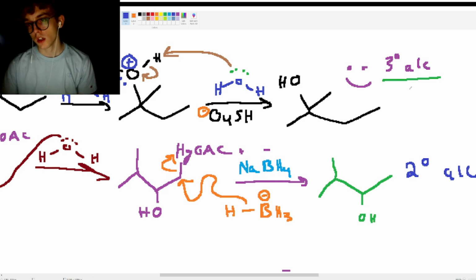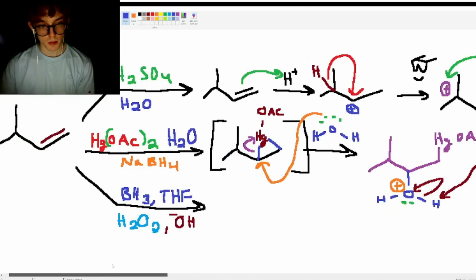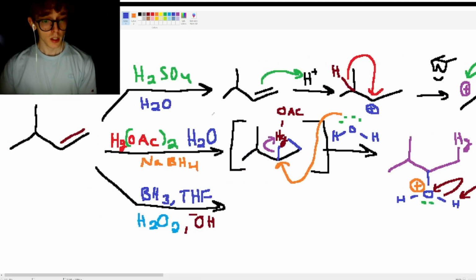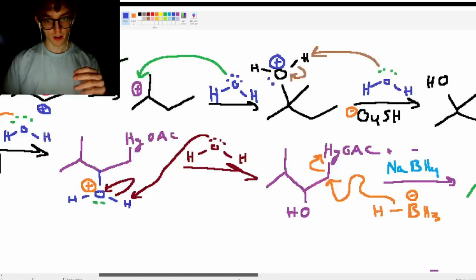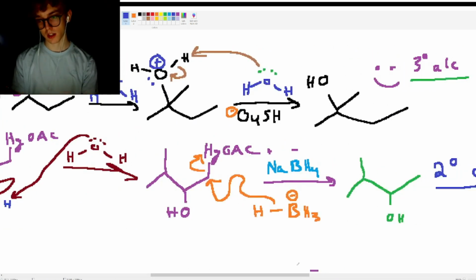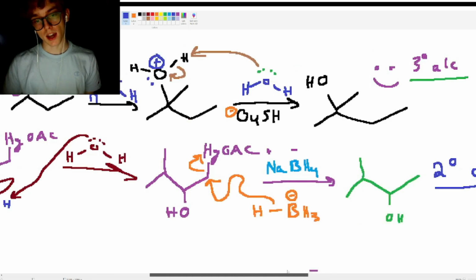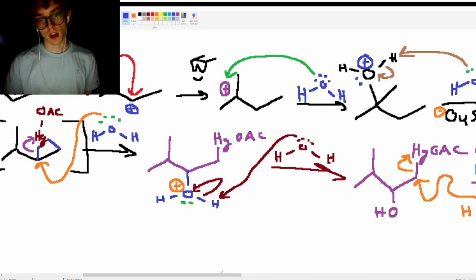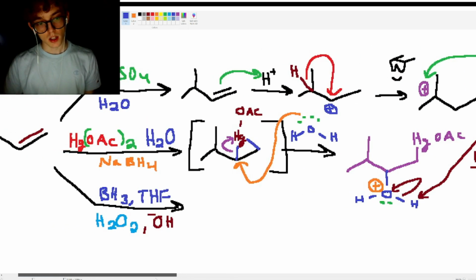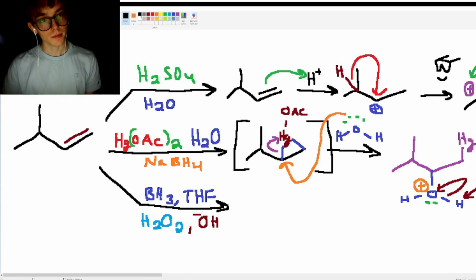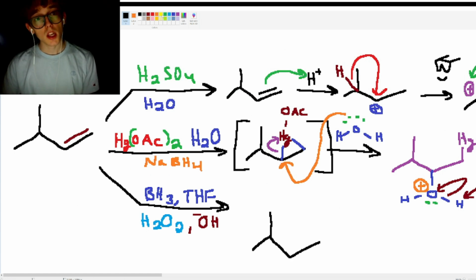So we saw a tertiary one here, a secondary one here. And as you might be able to guess, or maybe you remember, which would be amazing, we're going to get a primary alcohol, right? So in here we saw that mercury acetate kind of locked that reaction center in that one specific area, right, where that alkene was. Here it will kind of do the same thing. So remember that, and I'm not going to draw the mechanism for this one. Again, it's too stupid, but remember the key here